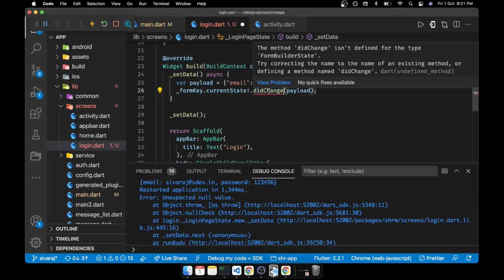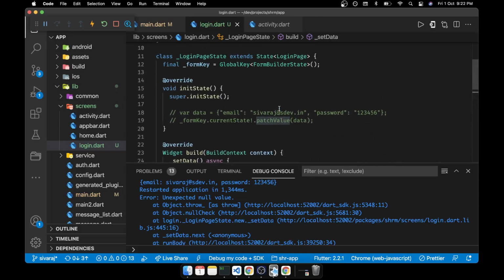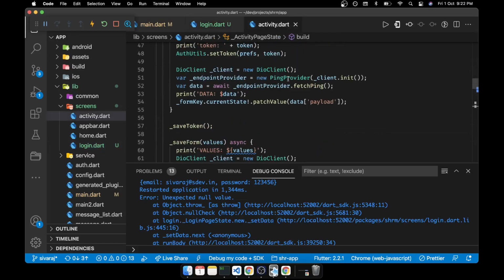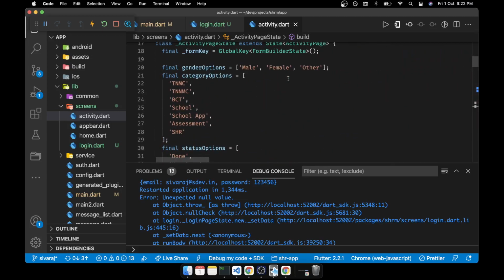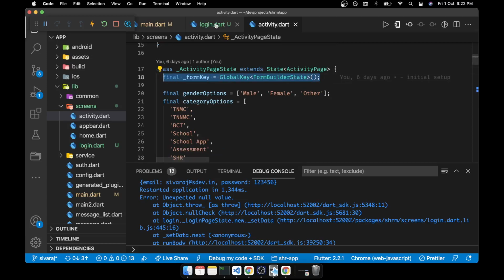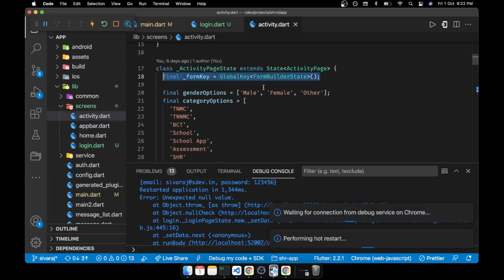The method did change isn't defined in the form builder state. Oh, so maybe here something is not correct. We'll see. Here also form builder only. No difference.